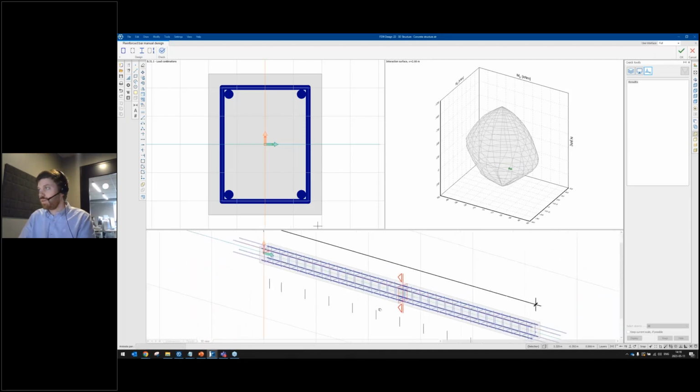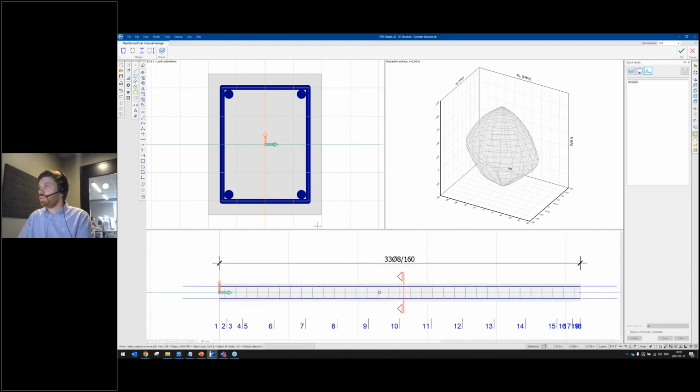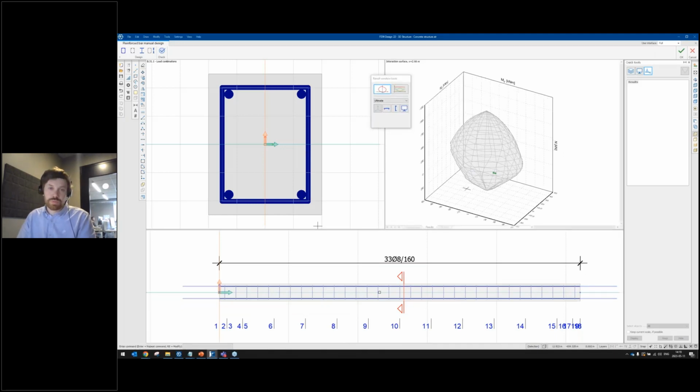layout. But here you can also see the interaction surface, and this is very, very useful when dealing with concrete design, since compressing normal force is beneficial to the moment capacity. It can sometimes be a little bit tricky to ensure that this compression force should be there all the time together with the moment. So a very clear example is a basement wall. So maybe the